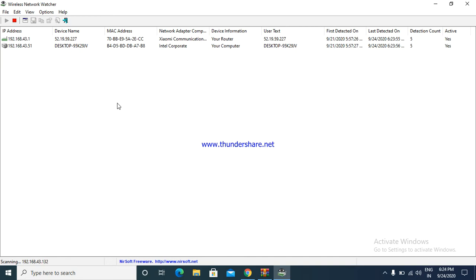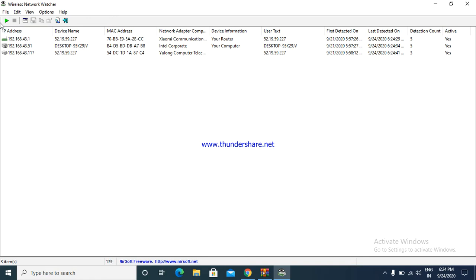connected in this network. Here it is able to scan the devices. Actually, I am using a hotspot, so one of the devices, my mobile phone, is treated as the router. So the device information seems like it is a router, another is your computer, which is my system, connected in this network. Another is Yulong Computer Telecommunication Scientific, which is one more device connected in this network.